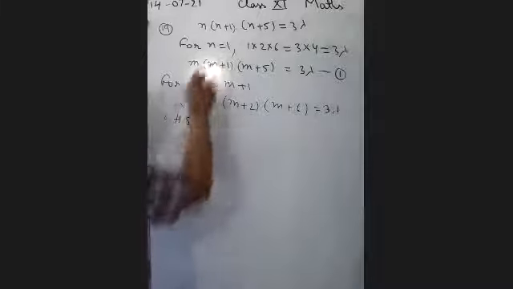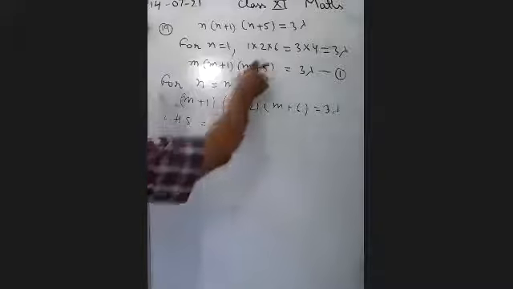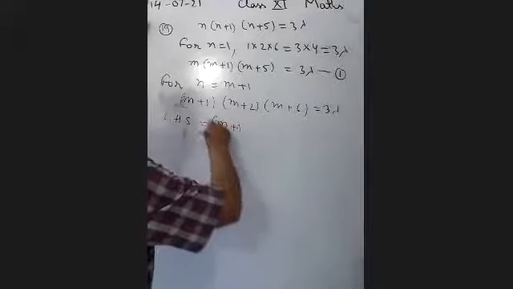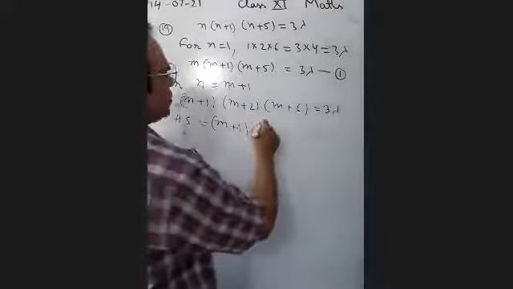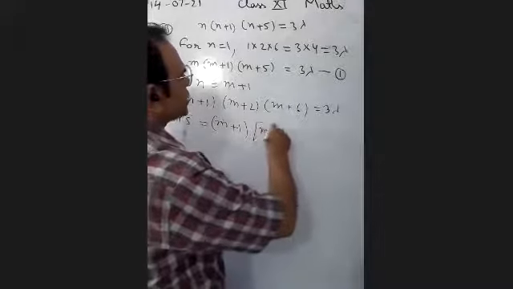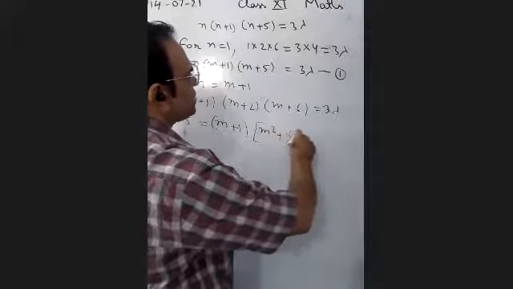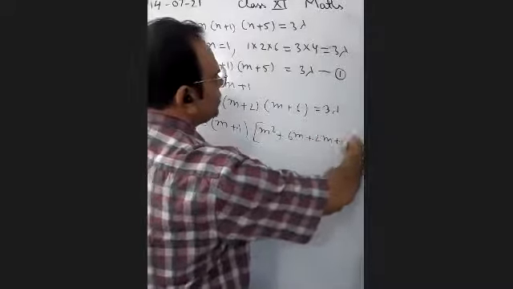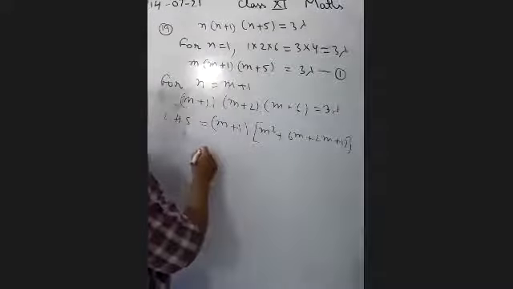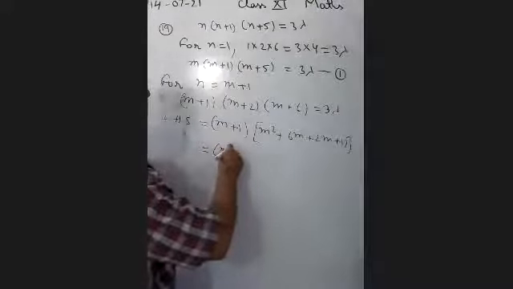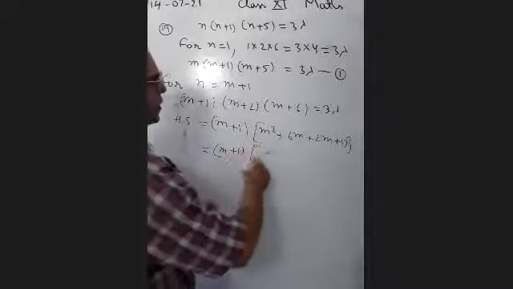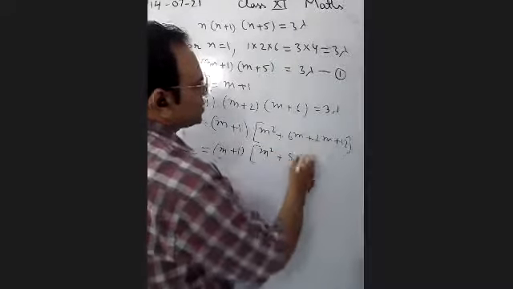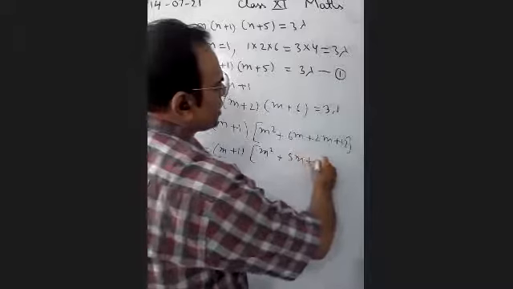equal to, (m + 1) we need here, है ना, we want to use this relation. So (m + 1) को we are leaving as it is, but we are multiplying these two terms. After multiplying we are getting m square + 6m + 2m + 12. This is (m + 1), ठीक है, (m square + 8m + 12), and 8m को I am dividing into 2 parts, 5m and 3m.